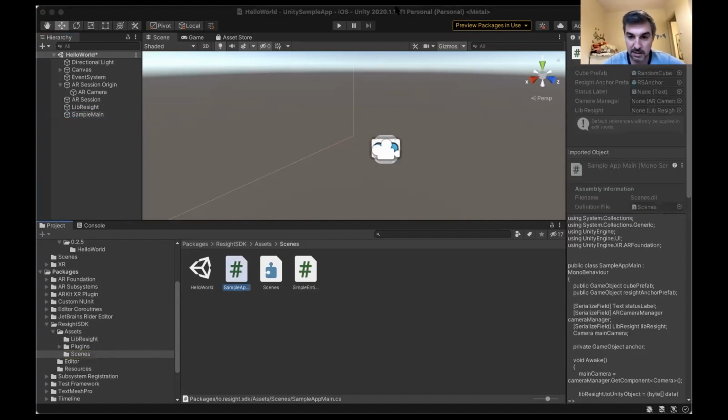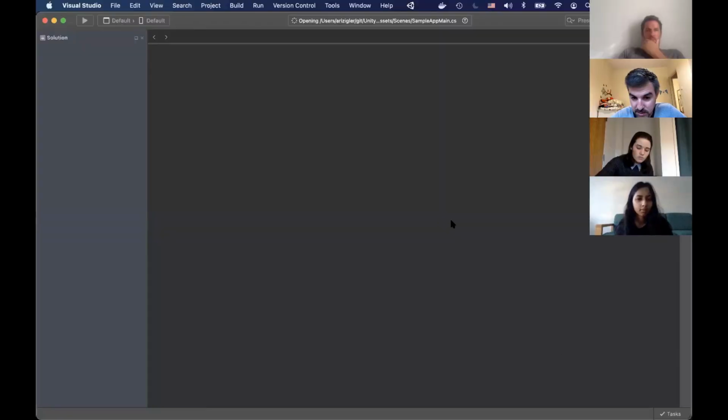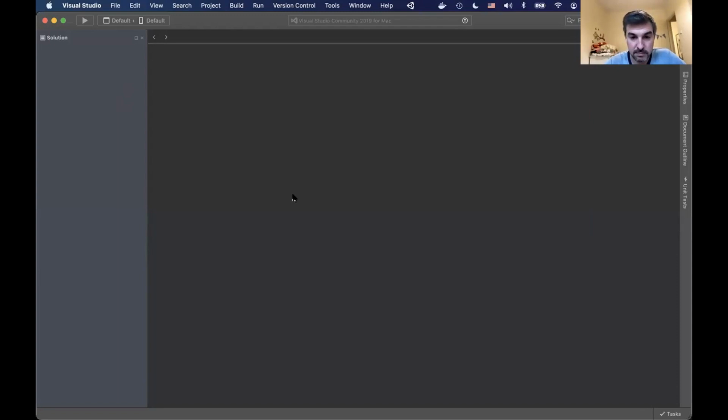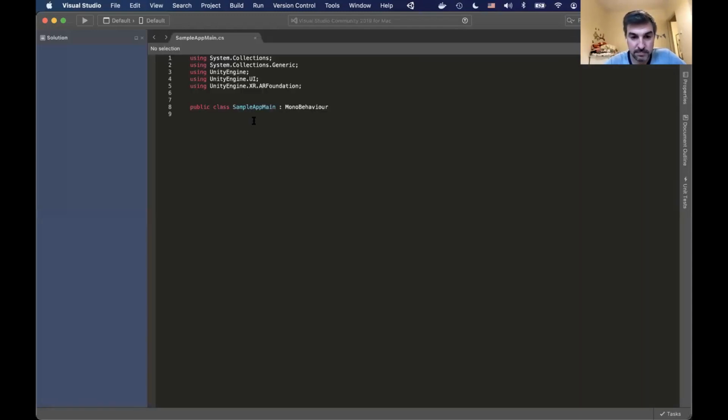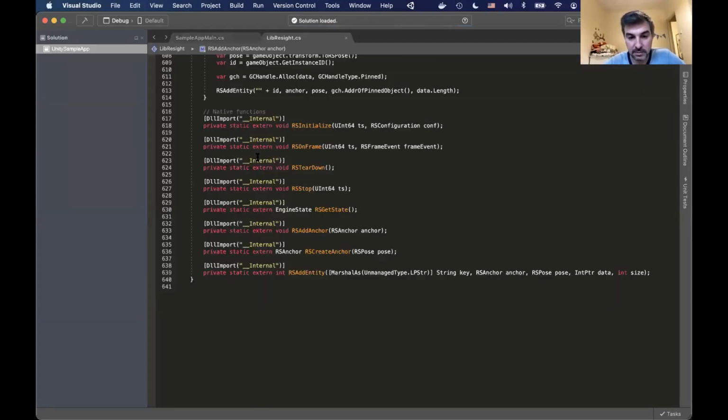I guess I'll have to stop the sharing and reshare. One second, I'm gonna switch to Visual Studio Code, okay? One second. Okay, here it is. Okay,